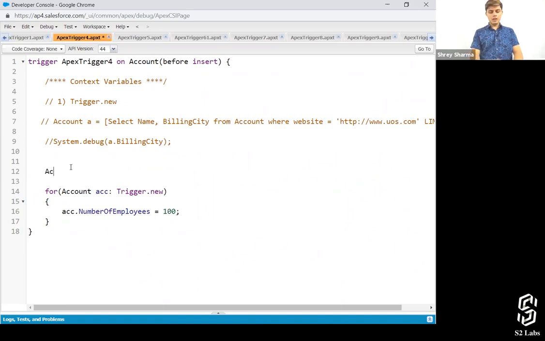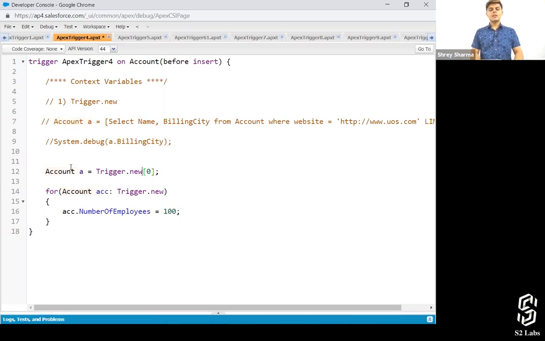How am I going to do that? This will always return a list, right? If I write trigger.new[0], then it will return the first record of that particular list, and I'm going to store it into account A.